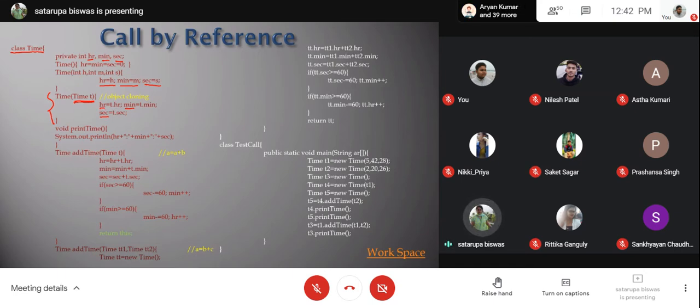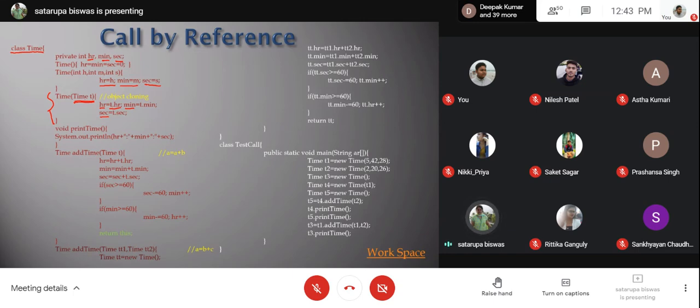So inside hour, you are getting the value of t.hour. Whichever object's reference you are sending, from that object you will obtain the value of the hour and you will set it as the hour of this constructed object. Same for minute, same for second. So after the call is over, whichever object reference you have sent, the same values will be present inside the constructed object. So that was the motive of this object cloning.